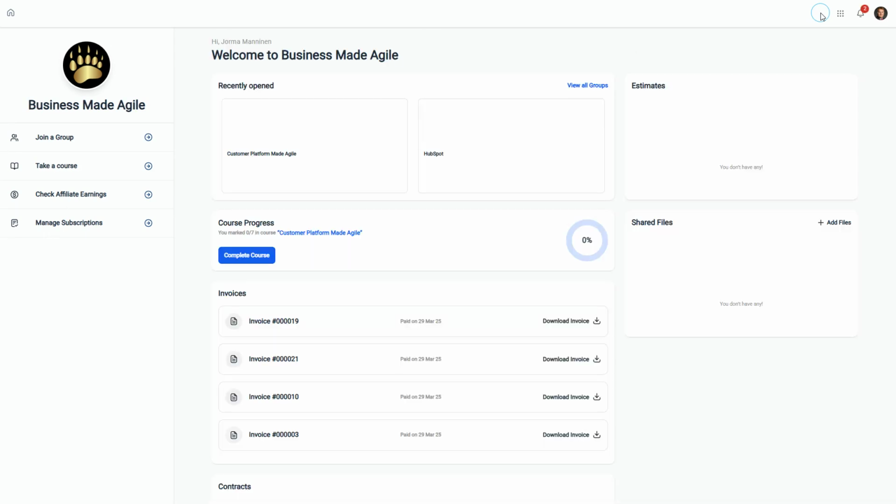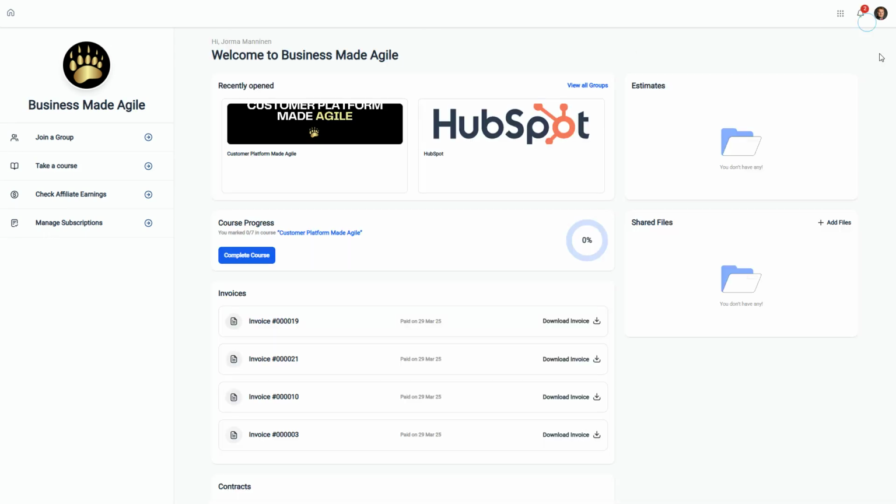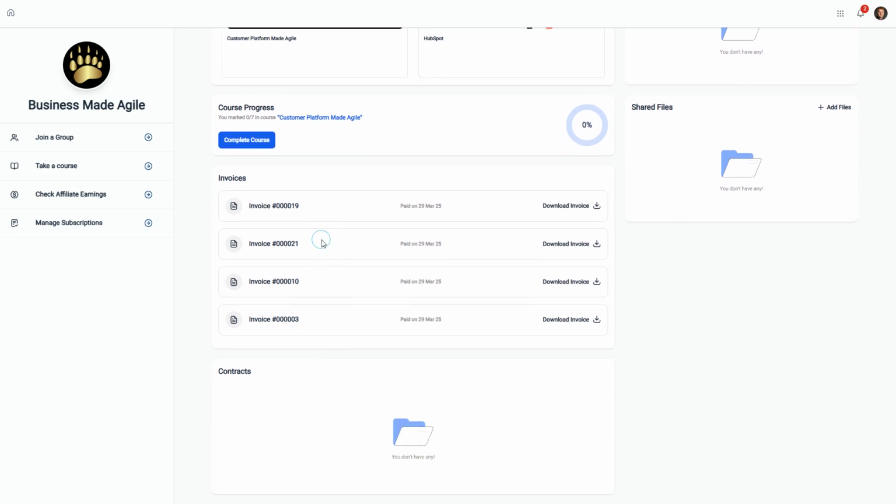This is normally where you land when you are signing into the system, to the community platform. And here you can see your groups, join a group. So there are 2 groups, and I'm a member of both of them. Then I have one course that I have opened or purchased, but I have not started learning yet, as you can see. And then I have all the invoices that I have received and paid